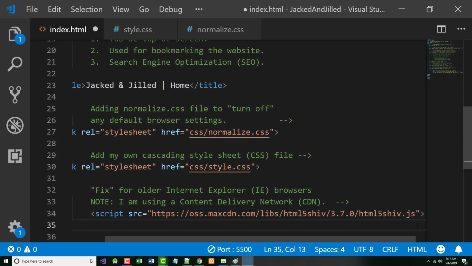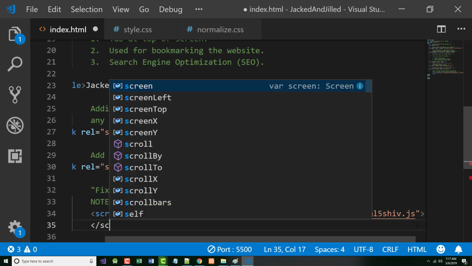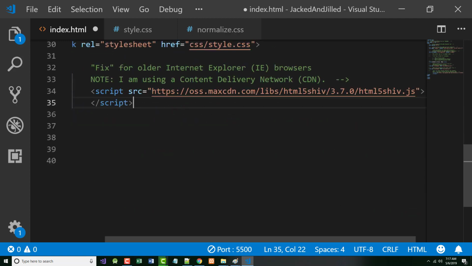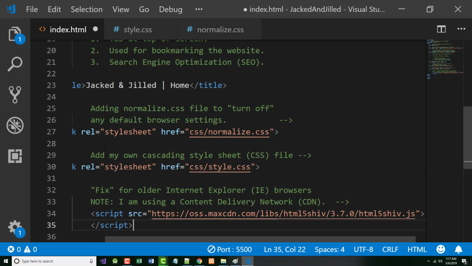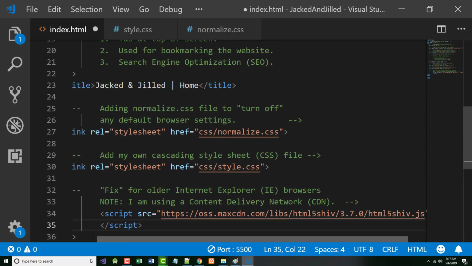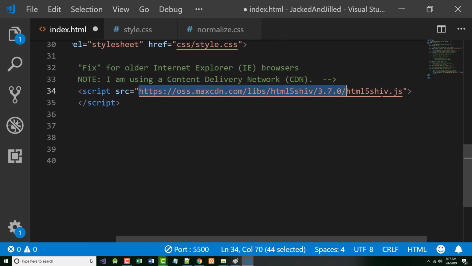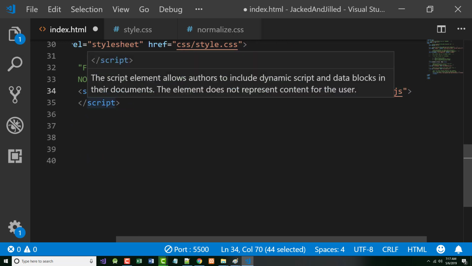All right, let me add in my ending script tag. Here we go. So what is this doing? In English, this is going out to the internet, to this website right there, and it's finding that JavaScript file, and it's including it